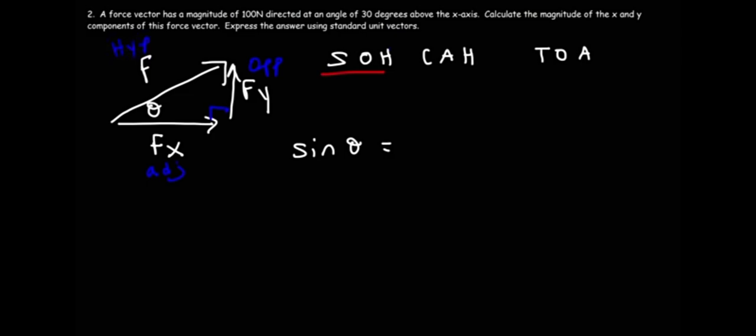So using the formula, sine theta is opposite over hypotenuse. We can say that sine theta is going to be Fy over F. Now, if you were to rearrange this equation, if you were to multiply both sides by F, you'll get that